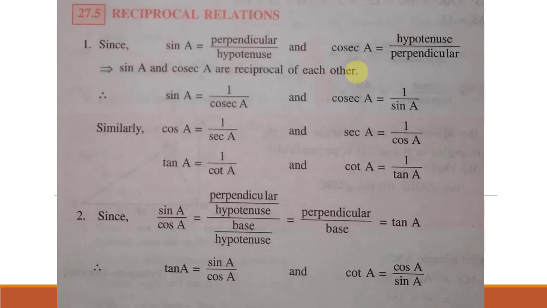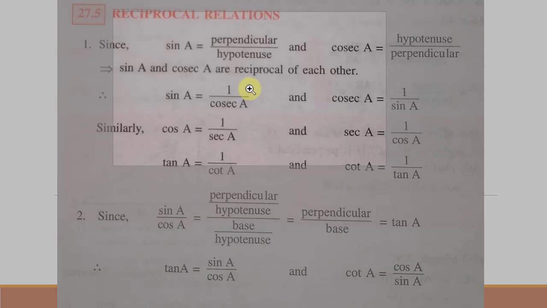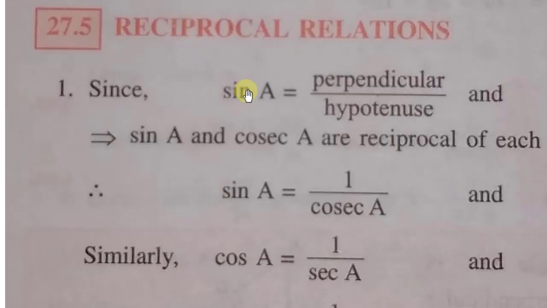Sine theta or sine A. You can see here A. Please observe the cursor. A is what here? Angle, the reference angle. Before also I said trigonometry is based on a right angle triangle. In a right angle triangle, one angle is 90 degrees and the remaining two angles are acute angles. Out of the remaining two acute angles, one angle you have to consider as a reference angle. So here A is the reference angle.